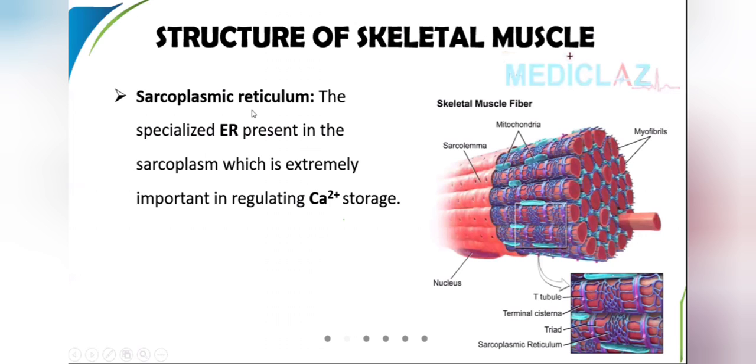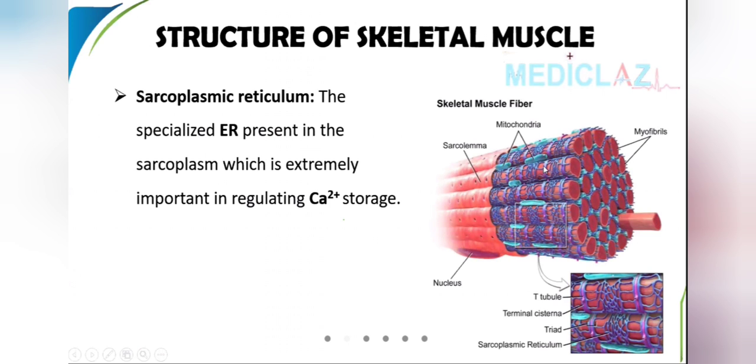This is very simple. Every cell has mitochondria, endoplasmic reticulum, and a nucleus. In the same way, this is a modified or specialized endoplasmic reticulum of the skeletal muscle fiber. Just like the plasma membrane is called sarcolemma, the endoplasmic reticulum of the skeletal muscle fiber is also called the sarcoplasmic reticulum. You see this bluish sarcoplasmic reticulum forming a network, covering the entire myofibril.